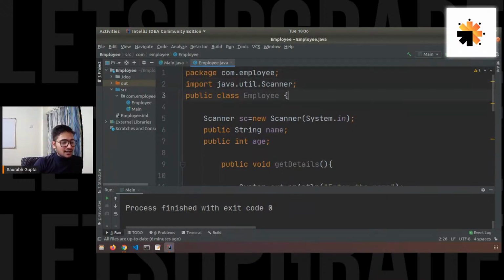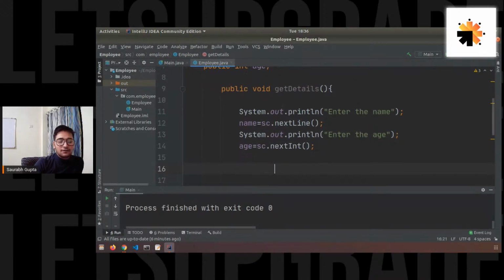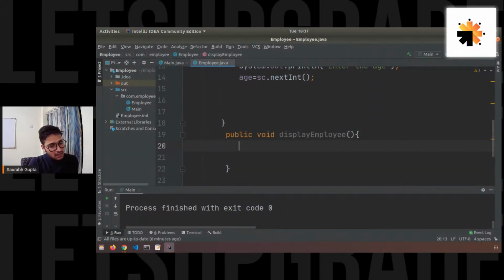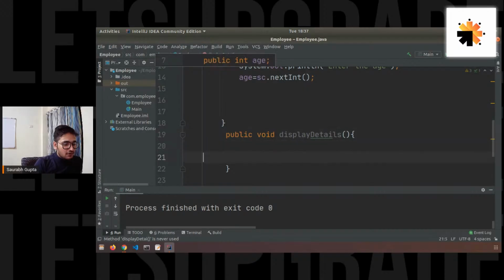A simple employee class with 2 variables, name and age, a get details function, which is basically getting 2 inputs, and a display employee function, or let's not say display employee, let's say display details. See my naming convention? This is the camel casing. Starting the first word from lowercase and then